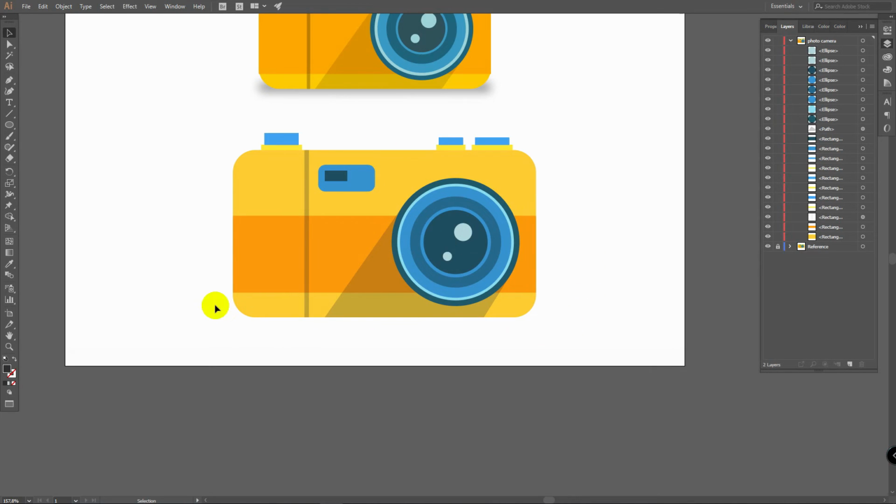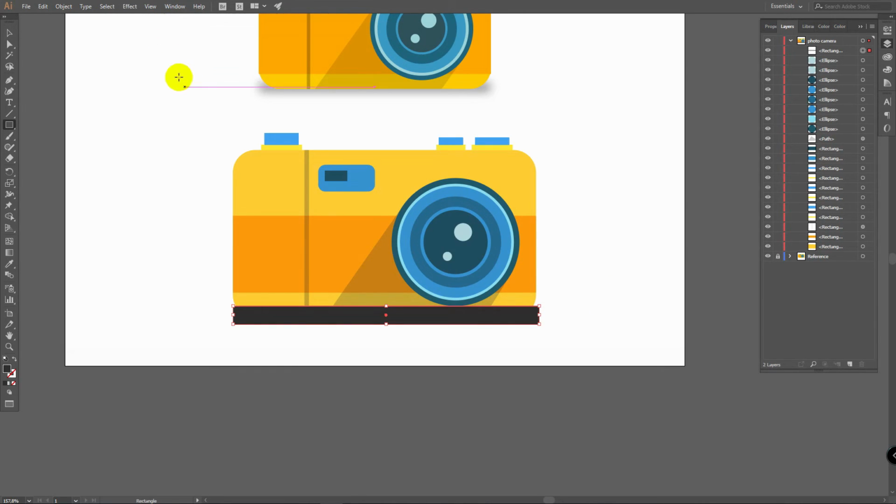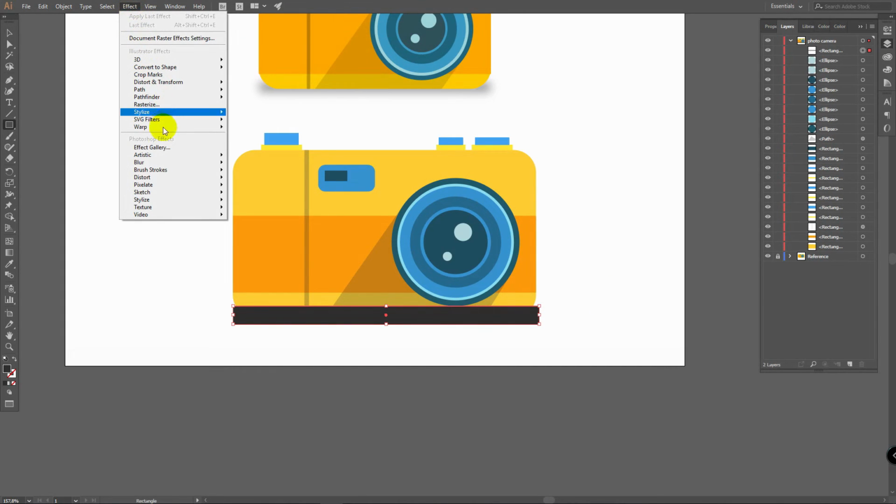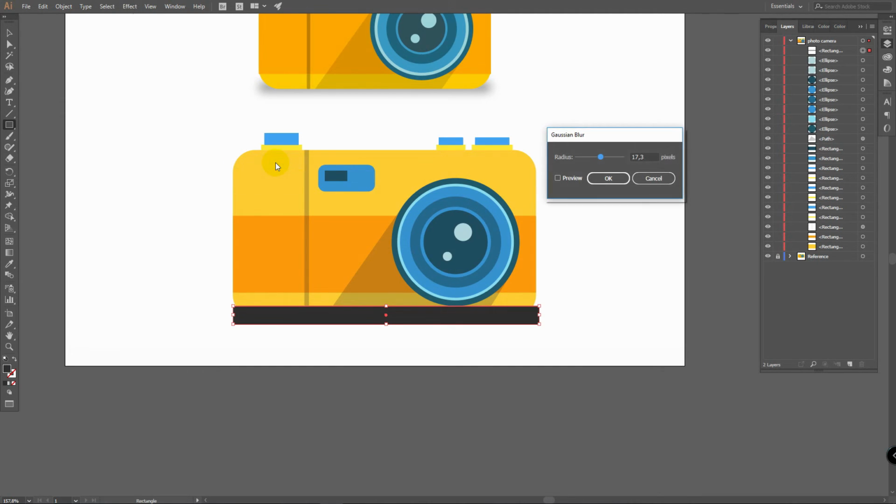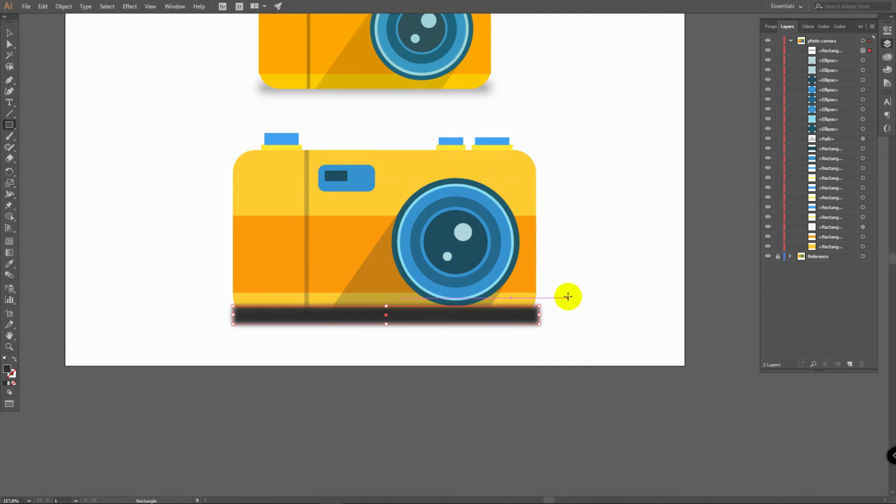camera. This is very easy to do. Just have your dark color selected. Go for the Rectangle tool. Draw a rectangle here. Go to Effect, Blur, and select Gaussian Blur. You can click on Preview, change values, pick any value that you want, click OK, and if you need to change it, go to Properties,